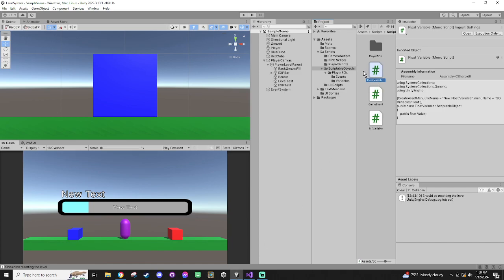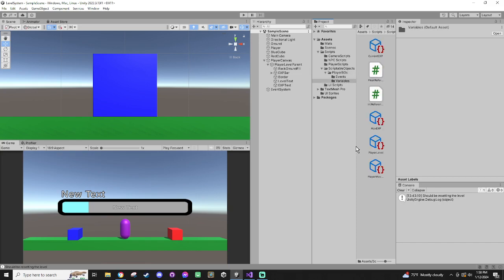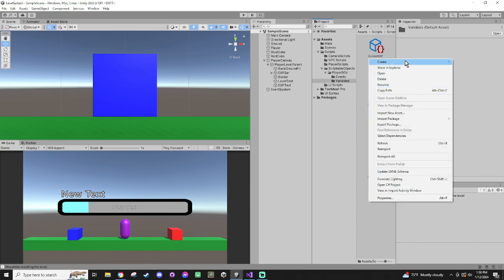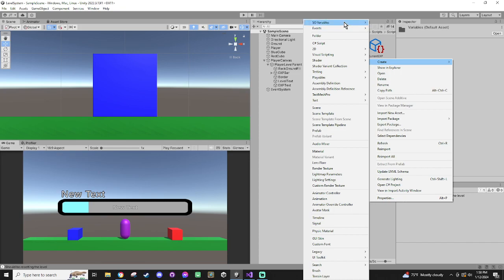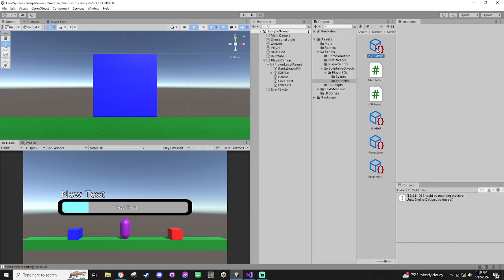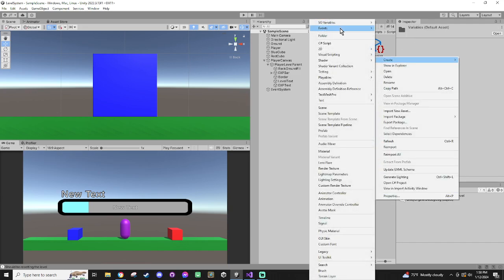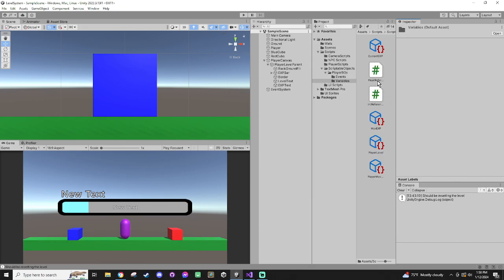But I really like how the variable scriptable objects come together, and the fact that you can just create, like I could just go in here and create another variable, and for example like my current EXP, max EXP, all of these would just be scriptable object assets that I could modify or change. And same with the event. So I don't think that I'll need another game event type, because that one's just a generic slap on anything and then choose your trigger and choose your response. But I thought that was really cool,